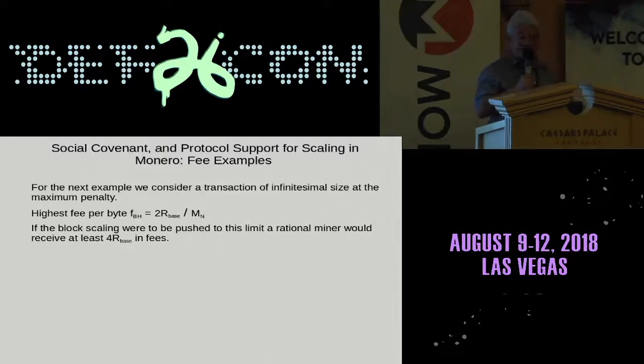Now, in all this analysis, we're assuming a rational miner that mines to their best economic interest, and therefore orders transactions in the block from their own perspective. So basically what the miner does is she would include in the block the highest paying transactions first until you get the lowest paying transaction that actually pays the penalty. So it's always the lowest paying transaction that pays the penalty. This is the basic element of how fees are set.